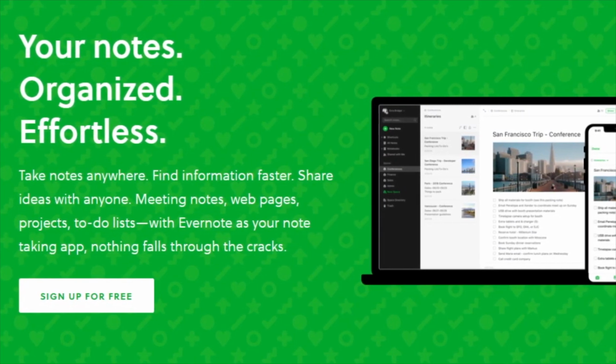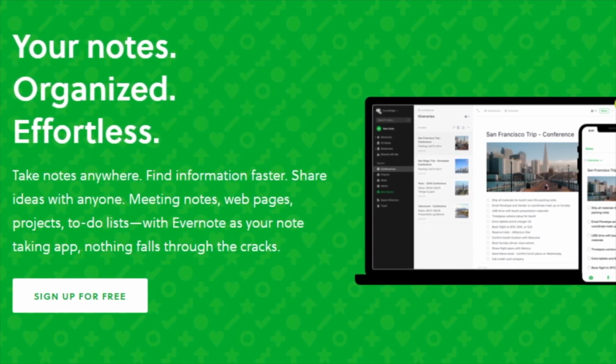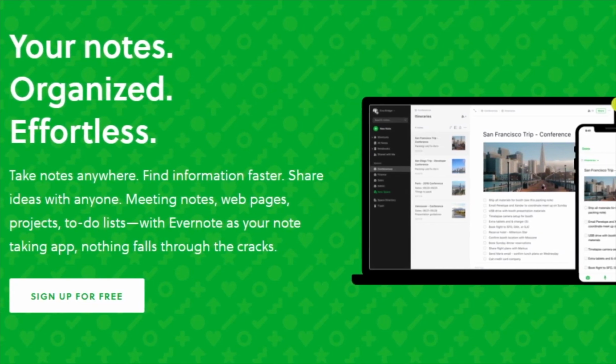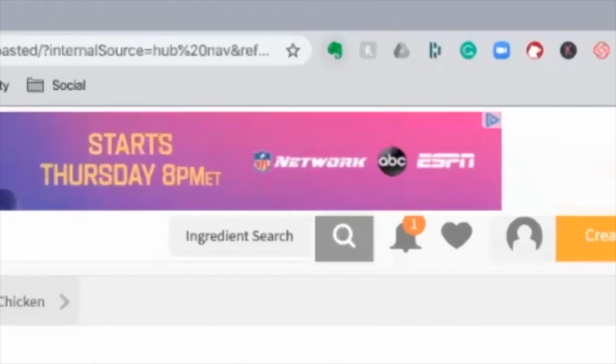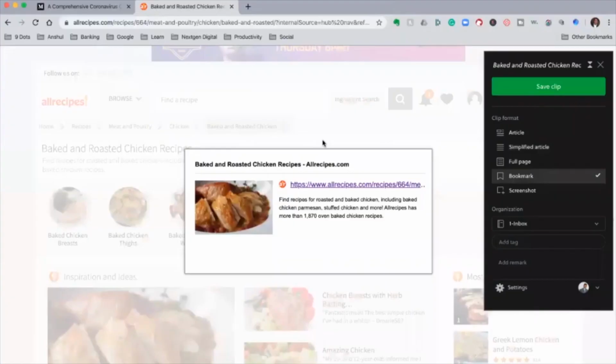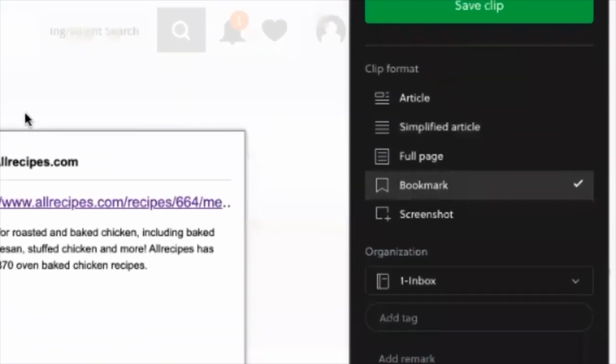Let's go over a few interesting ways to start using Evernote. A quick disclaimer here that I will be using my Mac and iOS device for the demo of these features. You can use the Evernote clipper to save whatever you see online. You can find the clipper extension for Chrome, Safari, and almost any browser. So in a few areas, you can clip images from web pages, you can clip a full page or a screenshot or a link or a simplified page into Evernote.